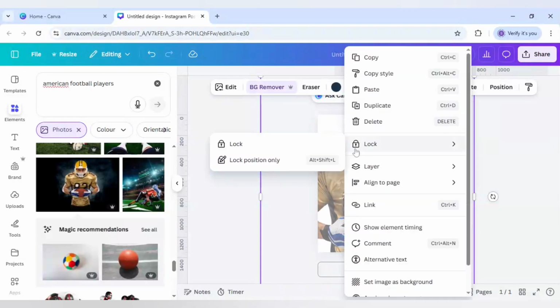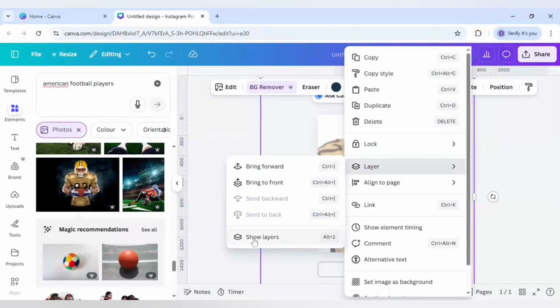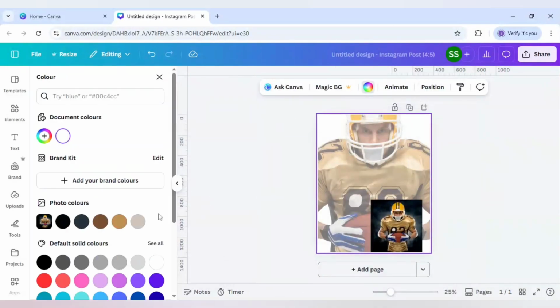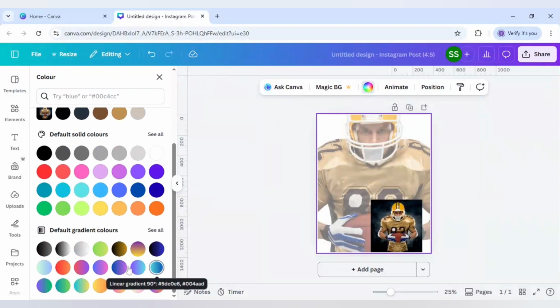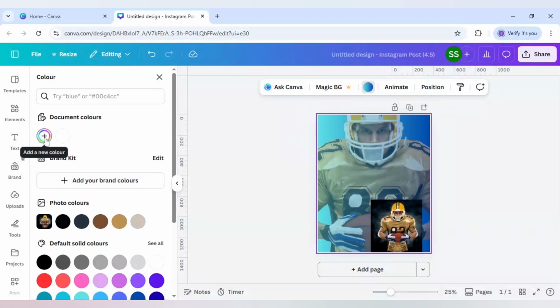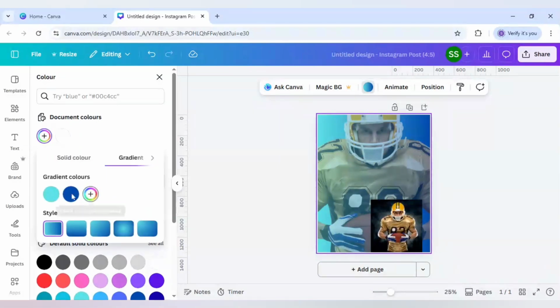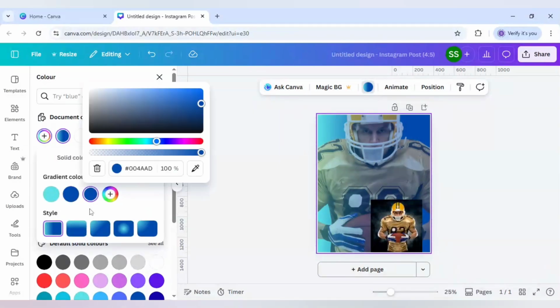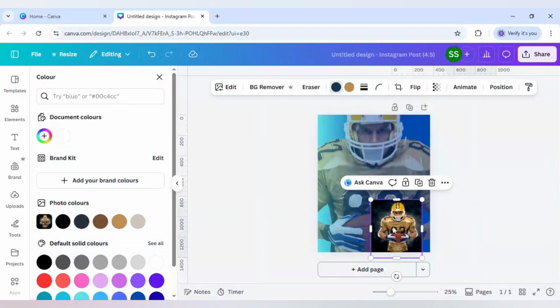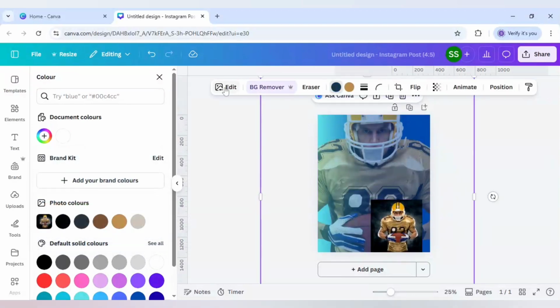And after that, right click here, go to layer, show layers, and in the background I will just come here and scroll down to find default gradient colors. I will use this one, this is linear gradient, and I will add another layer, color layer, which is of this one. Let's click in here and let's use it. So in the right side it becomes a depth of this color, and after that I will just go to edit,